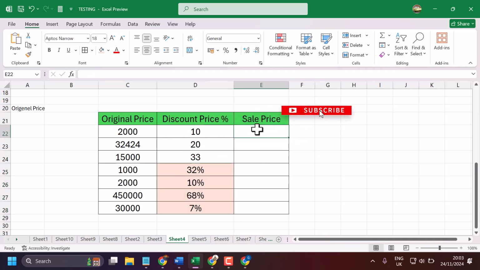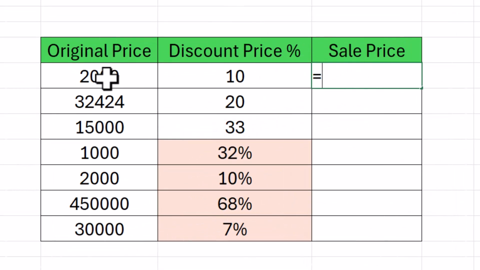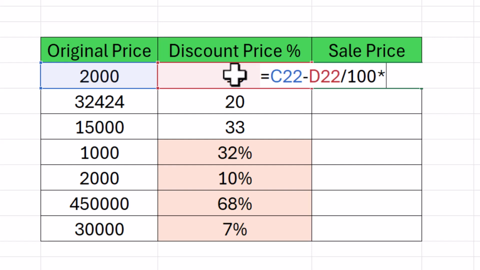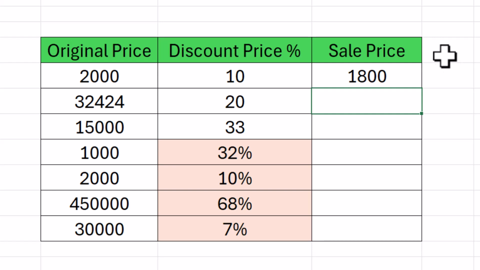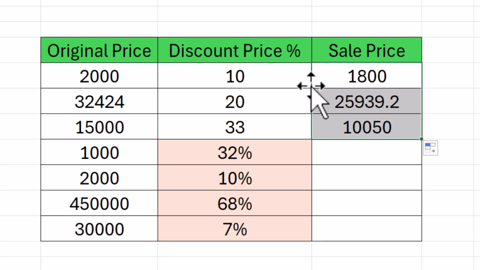so formula is equal, then select original price minus discount price, divide by 100, then multiplication symbol, then original price, then press enter. So you will get this result, and this way you can calculate discount price. So after discount price, sale price will be this amount,